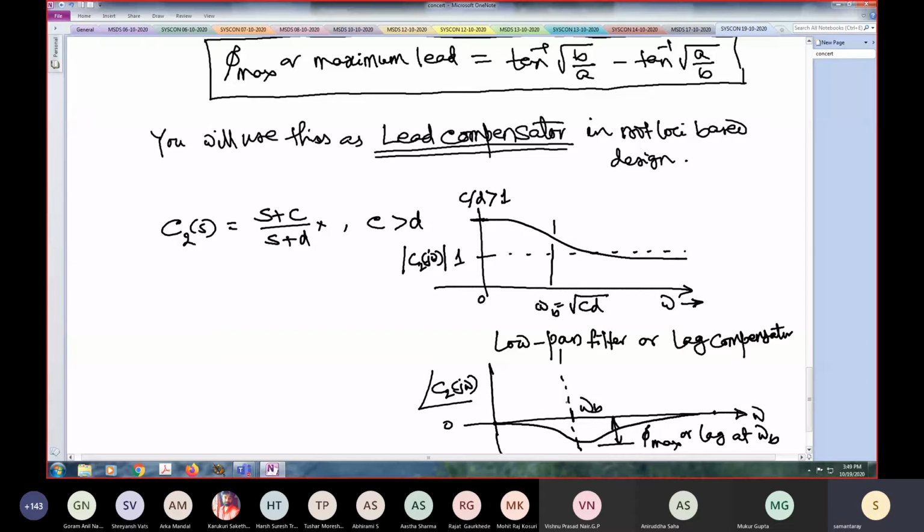So is it clear how these filters are coming? Is it clear, students? Someone answer, please. Sir, yes. Sir, how will we get this low pass filter? By another circuit, by changing the capacitor location to parallel to R2. Okay, physically there are different circuits. I'm still not able to understand the practical functionality of these compensators. Can you please elaborate? Where do we use them and why do we need them?